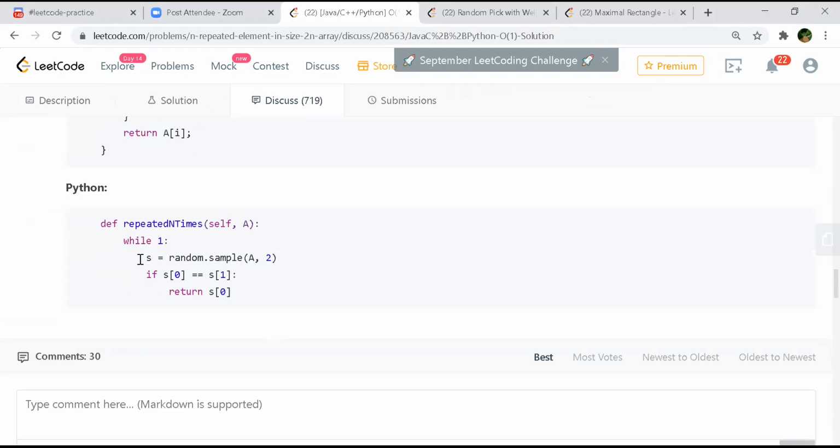Yeah, this one. Whenever the indexes are not equal, because when you use a rand function, you might end up with the same indexes, you just ignore those and keep going until you find the duplicates. random.sample gives you two random elements, so it doesn't give you the same element twice. The whole idea is that you take two random elements and see if they're the same. If not, you keep repeating.